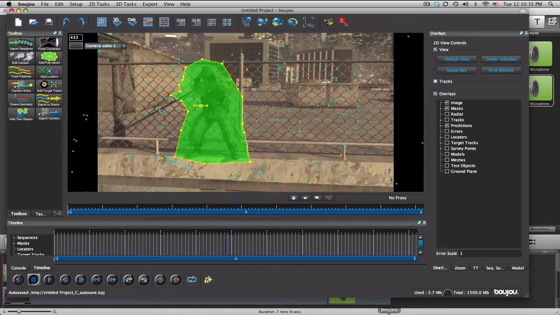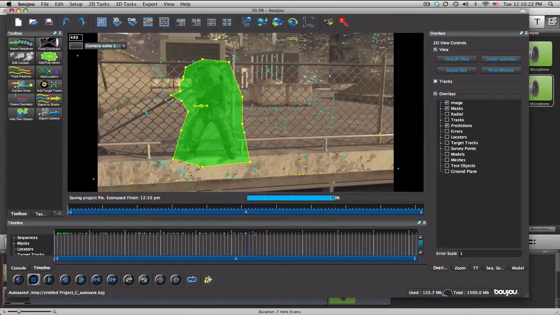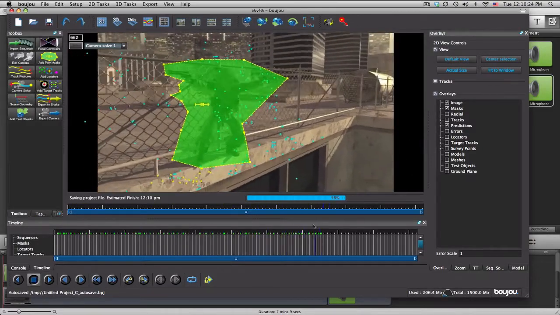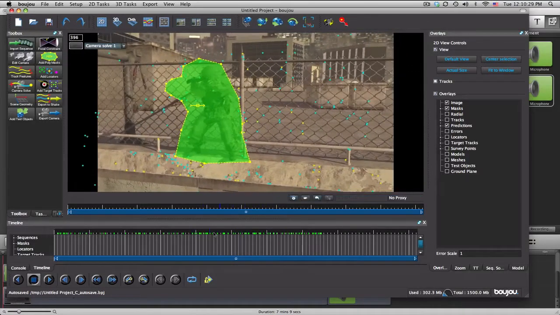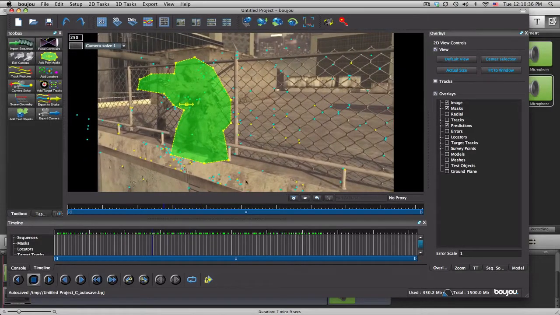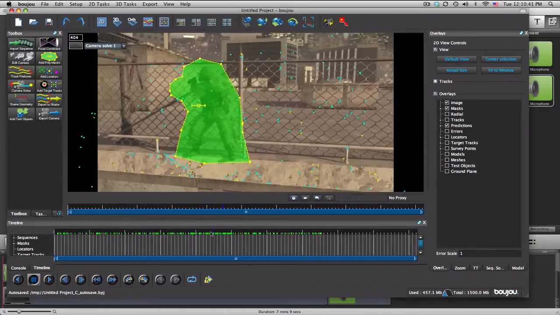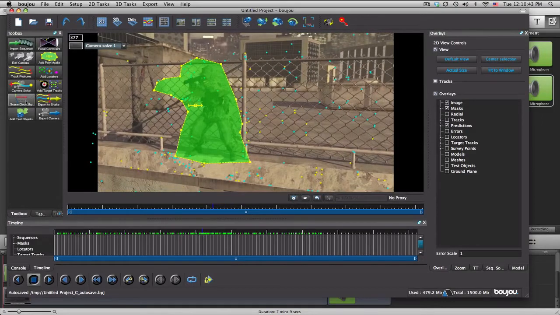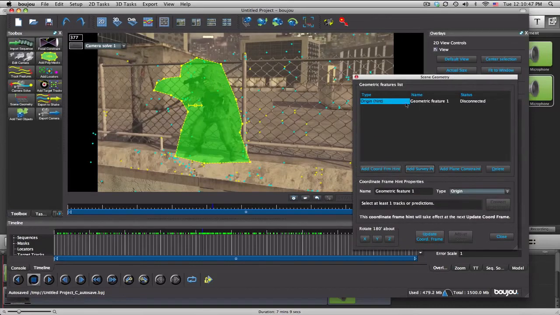Okay, hey guys, we're back, and now we've got these blue and yellow points that represent fixed points that the camera has solved. So pretty cool stuff. But now what we need to do is show the program what's left and right, up and down, so that it can export and the orientation is correct. So we go to scene geometry, and we just need to add coordinate from hint,